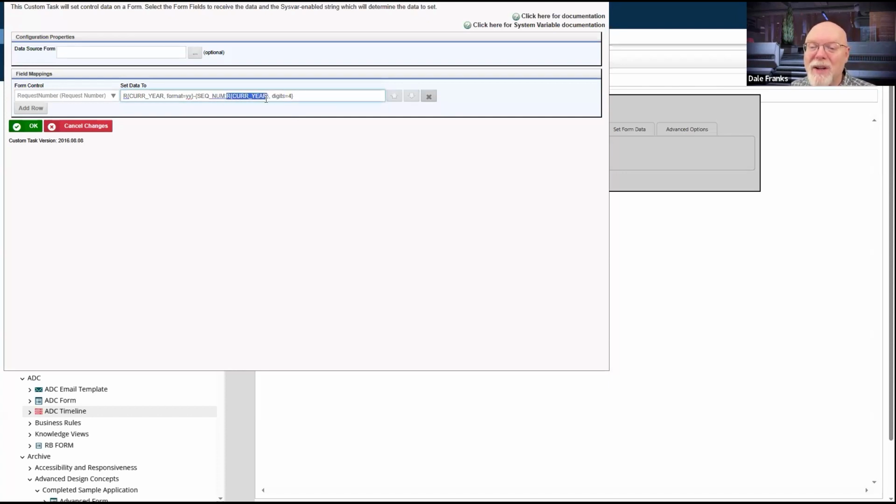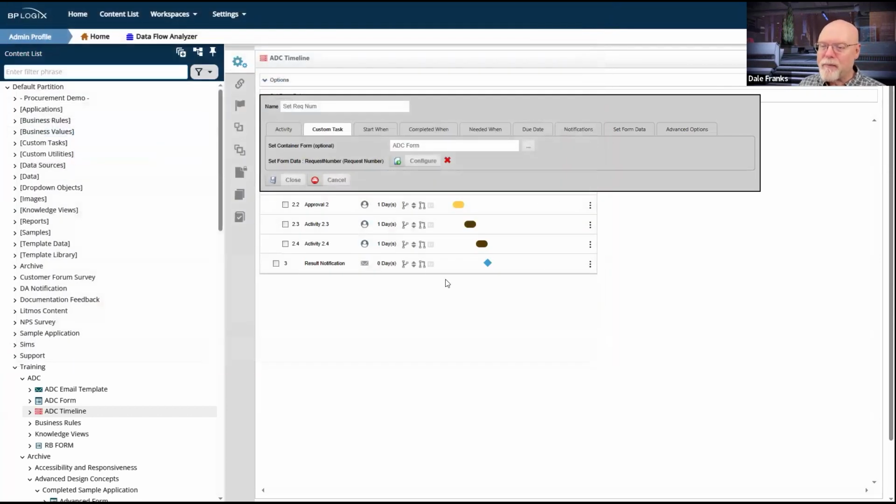So I still want R 2024 as my group number, but now the digits has been moved to where it belongs under the sequence number. So that's why it came out as 1 instead of 0001. And we'll look at that the next time we submit an activity.